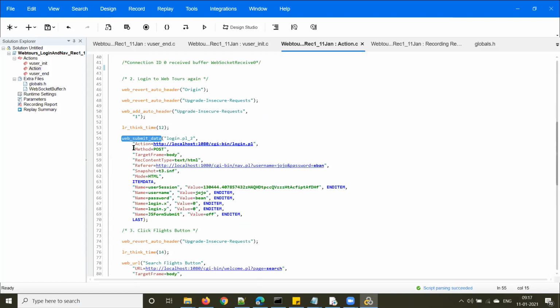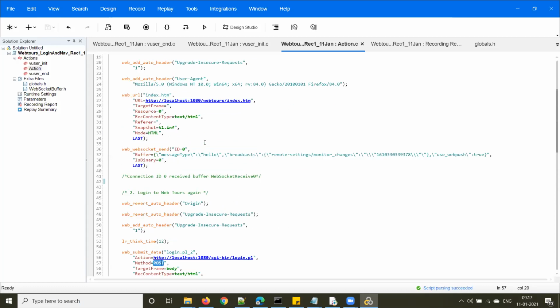Post request. For a post request, you can see this line: method is equal to post, right? And why is this designed as a post request? Because it contains the username and password parameters, user credentials, right? So user credentials will be submitted to the server. That is the reason this particular request is designed as a post request. This is defined by the developer. You need not worry about that. You just need to understand why it is a post request, right? This is done by the developer of this application.